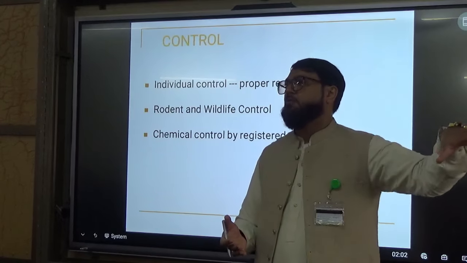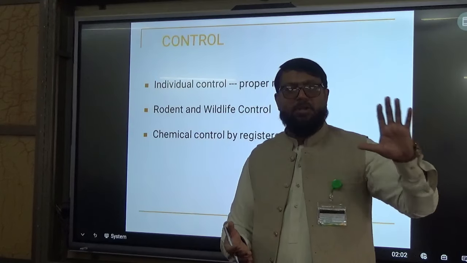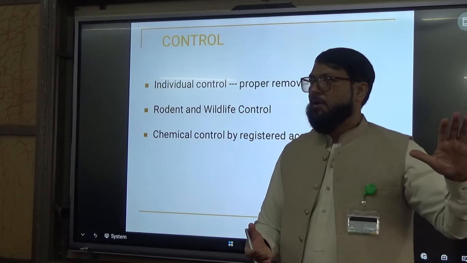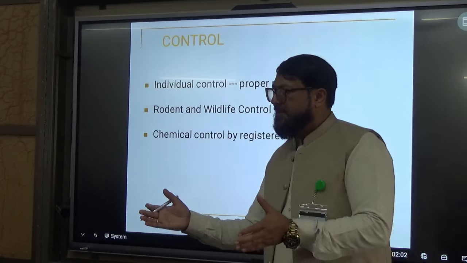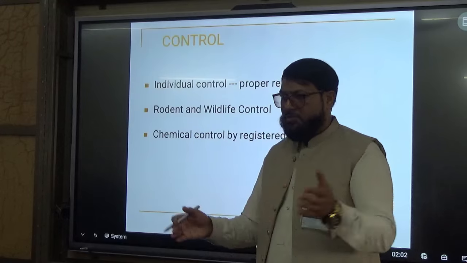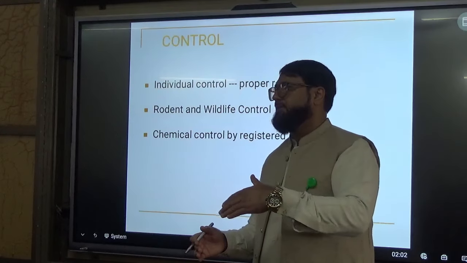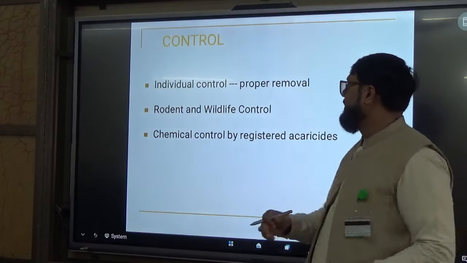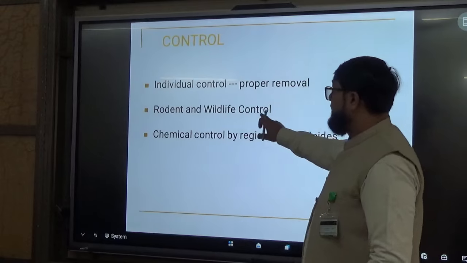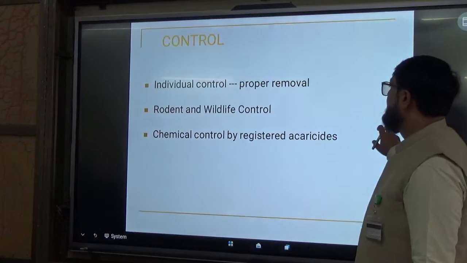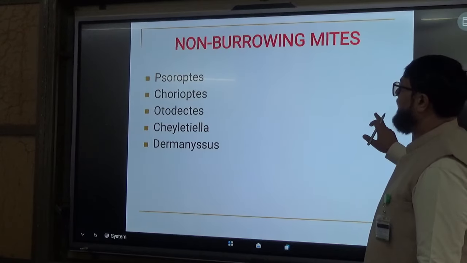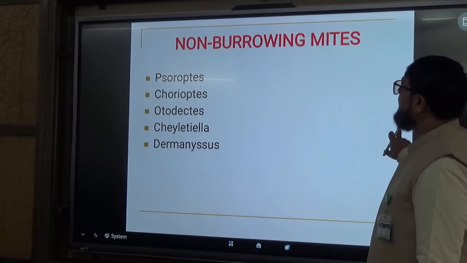These are reservoirs, which are successfully maintaining the infection, and whenever you are trying to eliminate the infection from your focused group, the chances are of the infection spreading from that particular reservoir. So that's why rodent and wildlife control is very necessary, and then chemical control by registered acaricides is also there. So very quickly about the non-burrowing mites,